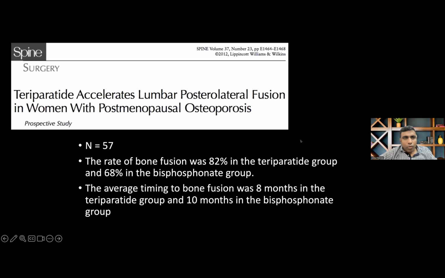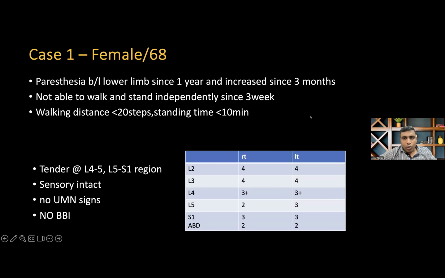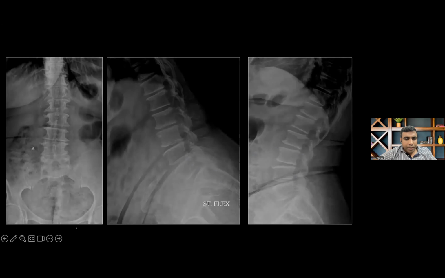So in short, what you need to do is whenever you are dealing with multi-level stenosis, you also need to take care of the osteoporosis part. Now I'll just show a couple of cases to sort of orient you towards how to treat these multi-level stenosis. So this is a patient with the